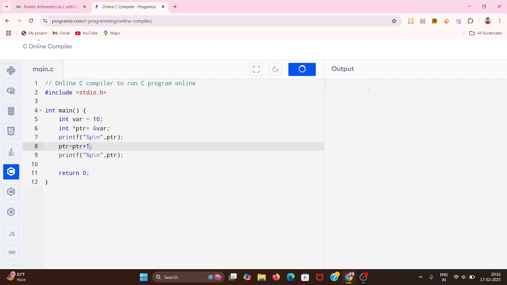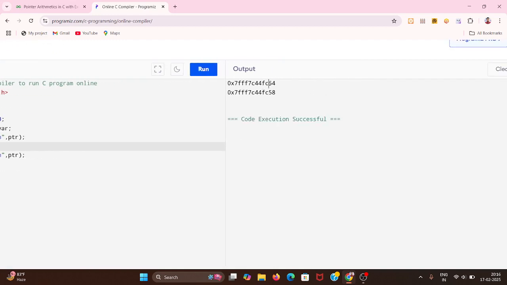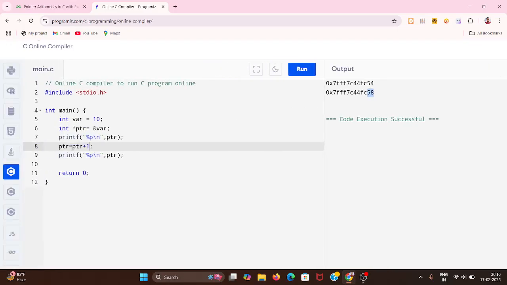If I run it, you can see the output here: initially the address is 54, after the increment it is 58. If I add plus 2 here, what will happen? It means plus 1, another plus 1, so it will increase by double, another plus 4 will be there with the 58. Let's run it and see. Whenever we are increasing it, it is in hexadecimal format, so it is changing to c, which actually refers to